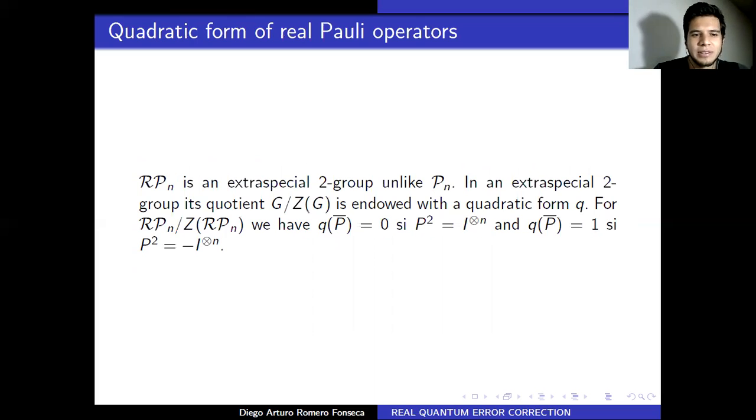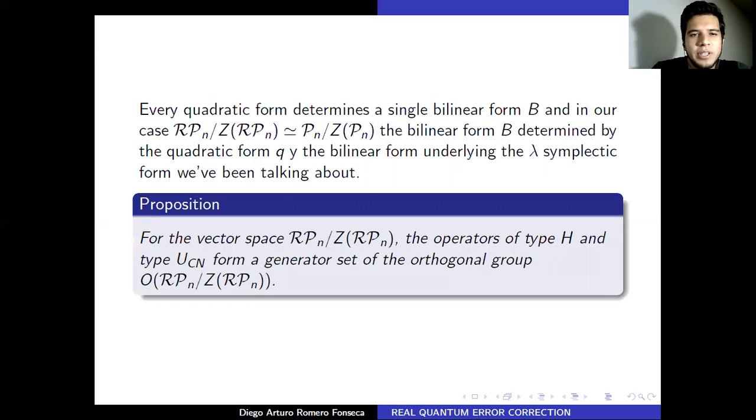Then its quotient is endowed with a quadratic form Q, which in our case looks like this: Q of P is 0 if P squared is the identity, and Q is 1 if P squared is minus the identity. So something that we need to observe is that the quotient of the real